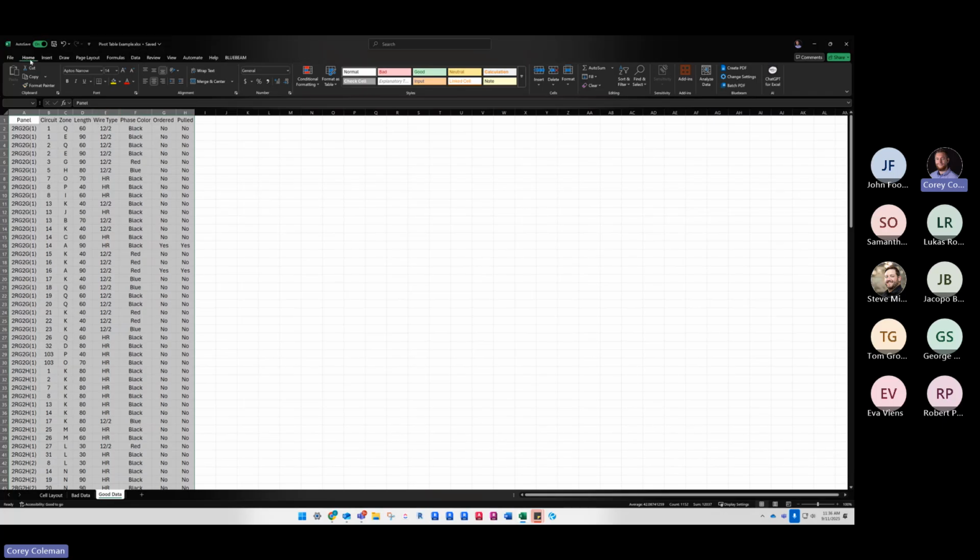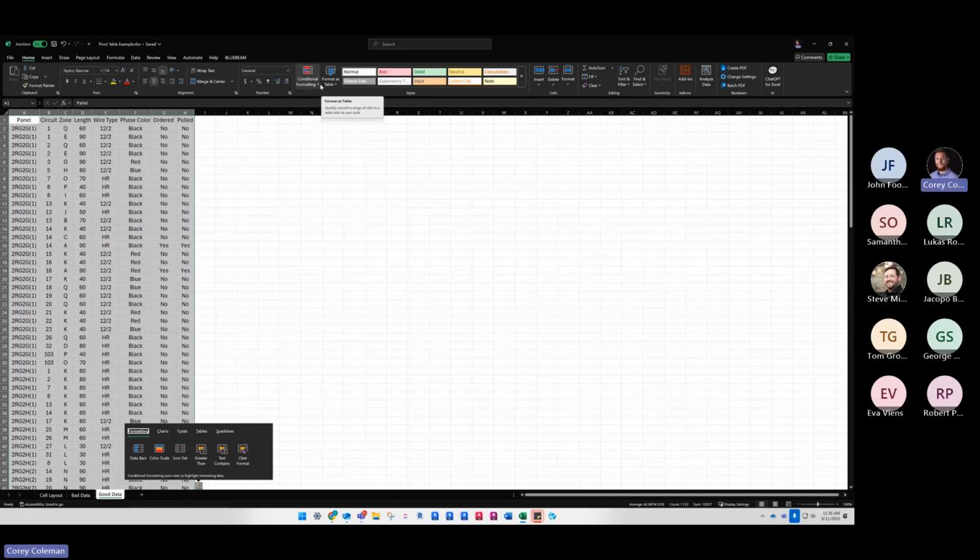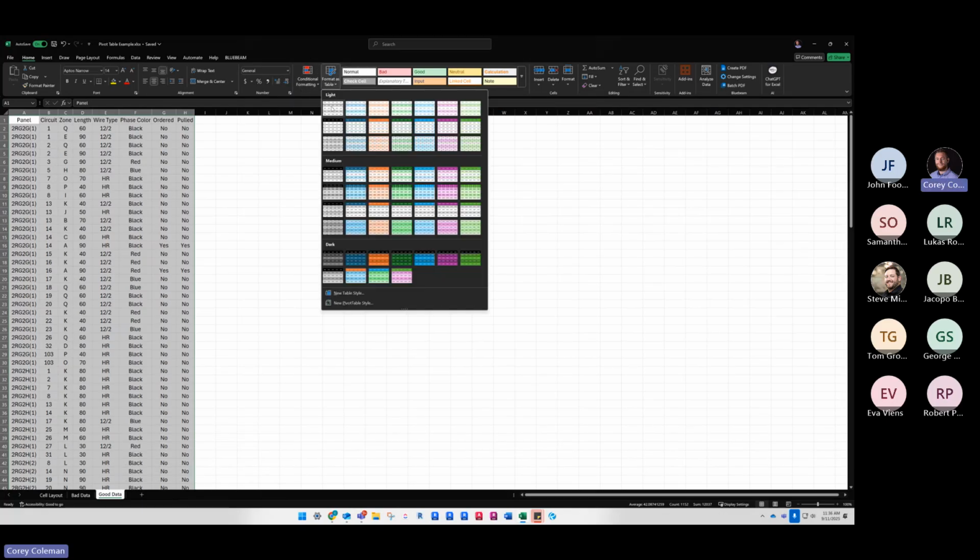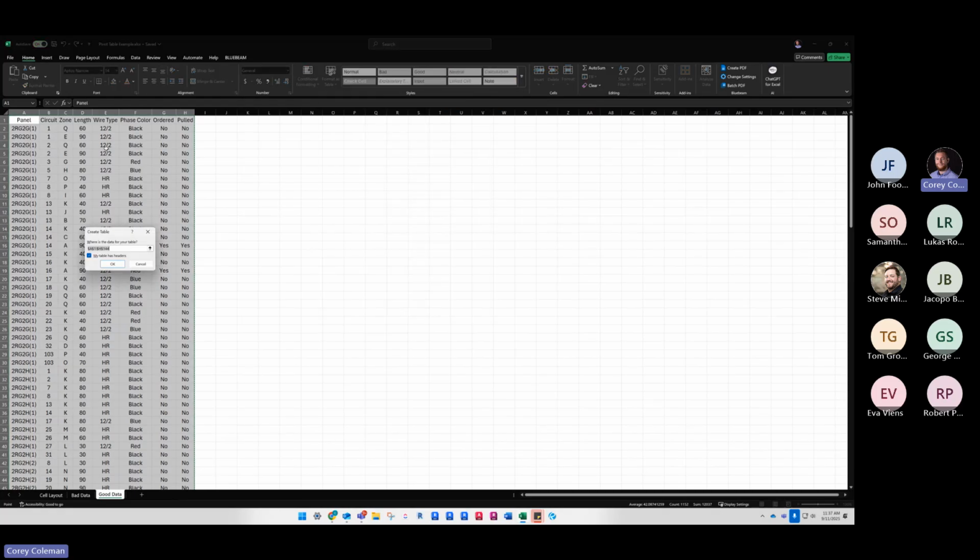On your Home tab here, you'll see this little tool called Format as Table. You click on it. This is just giving you a different format and visual style of the tables. They all function the same way. It's really whatever visually you want to see. Generally, I usually choose one of these guys down here, black and white or blue, and this breaks it into